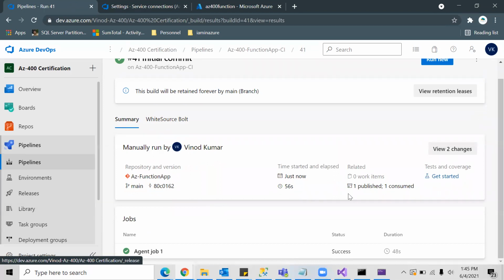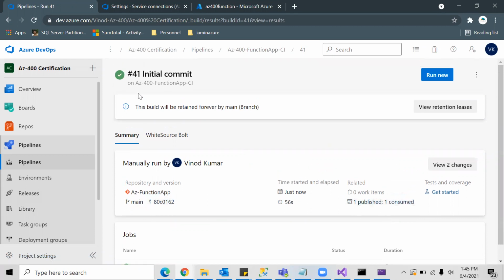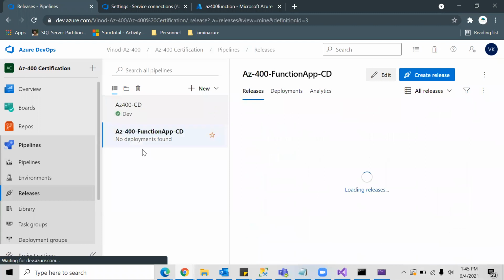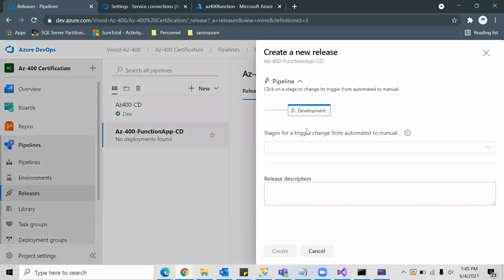Now let's trigger this release pipeline. For this, we're going to use this artifact from pipeline 41, I mean this CI pipeline. When I go to release, select this and create a release, it will ask me the environment that I want to deploy. These are the stages that we have selected there.